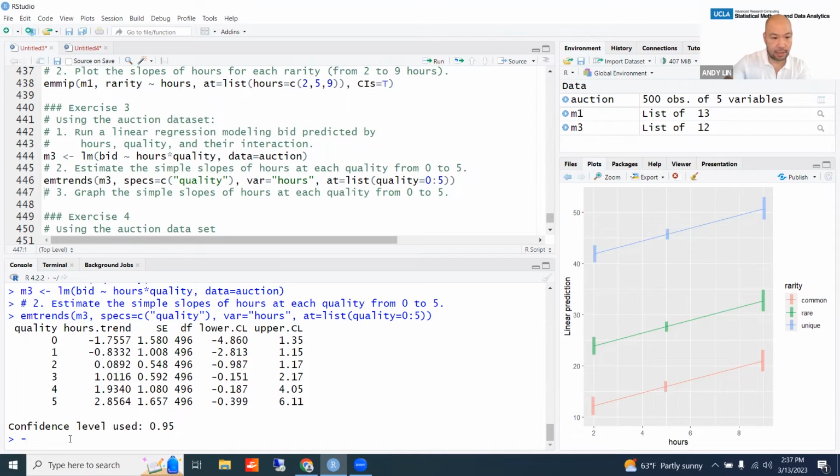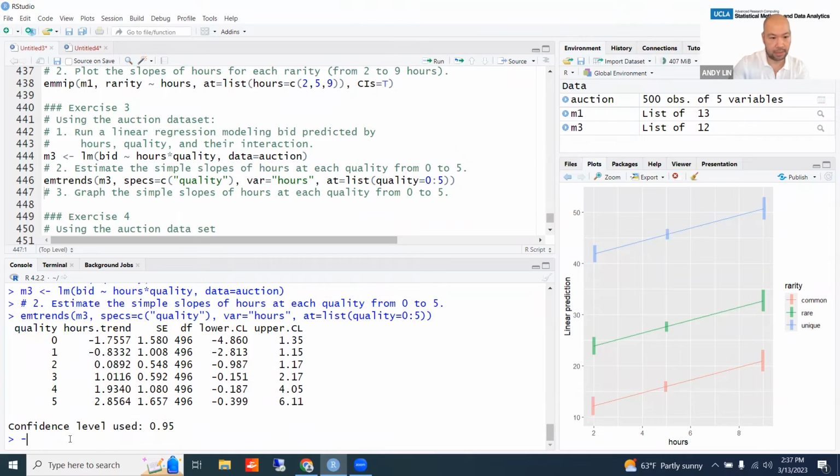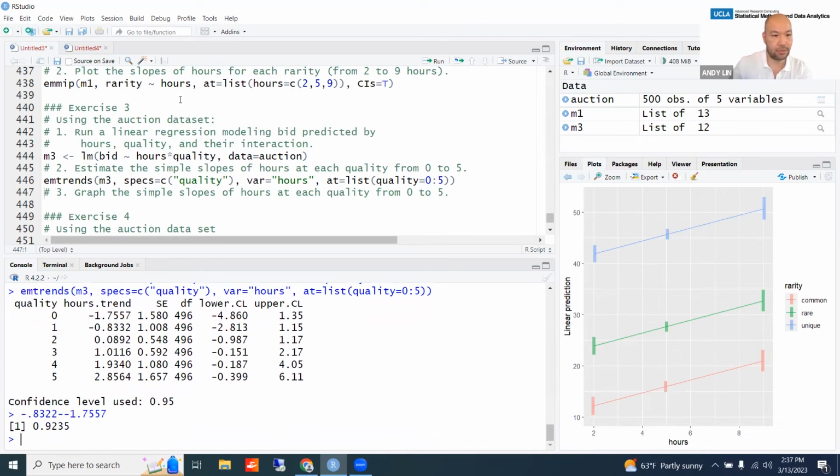Minus 0.8, oops, sorry. Minus 0.8322, minus 1.7557, 0.9235. And if I look at my summary of my model,